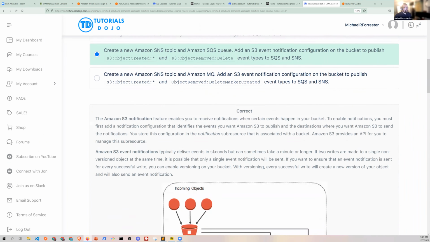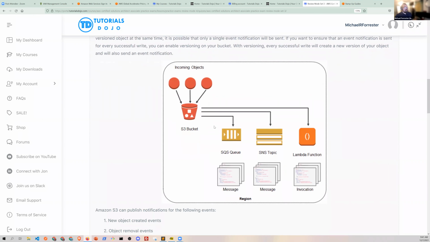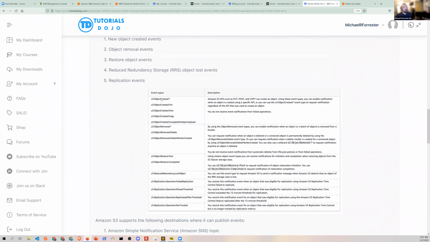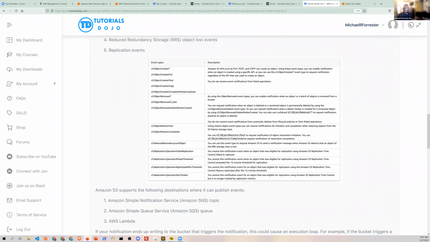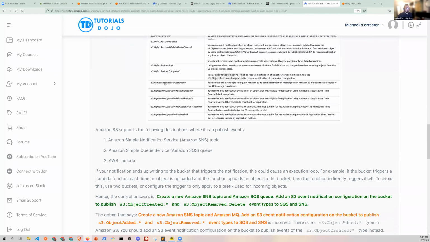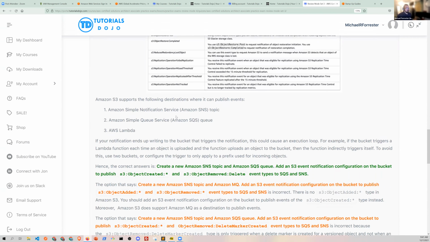And if we look at the answers just quickly, notice this S3 bucket is actually kicking out to a bunch of things simultaneously, right? And notice the event types listed here. There's object created, with put, post, copy, and multi-part upload. There's removed, which includes the delete marker and whatever. And then there's restores, if you want to restore an object. Ignore that, reduced redundancy is not really used anymore. Replication, right? There are other operations here as well.